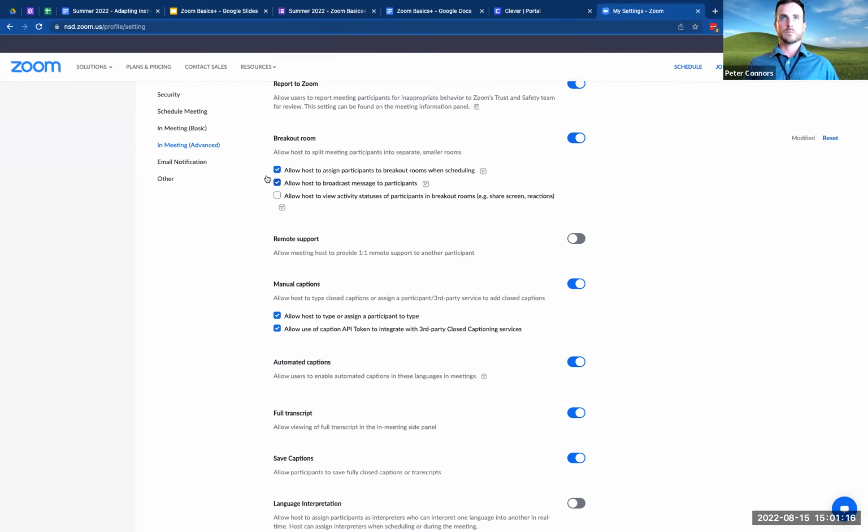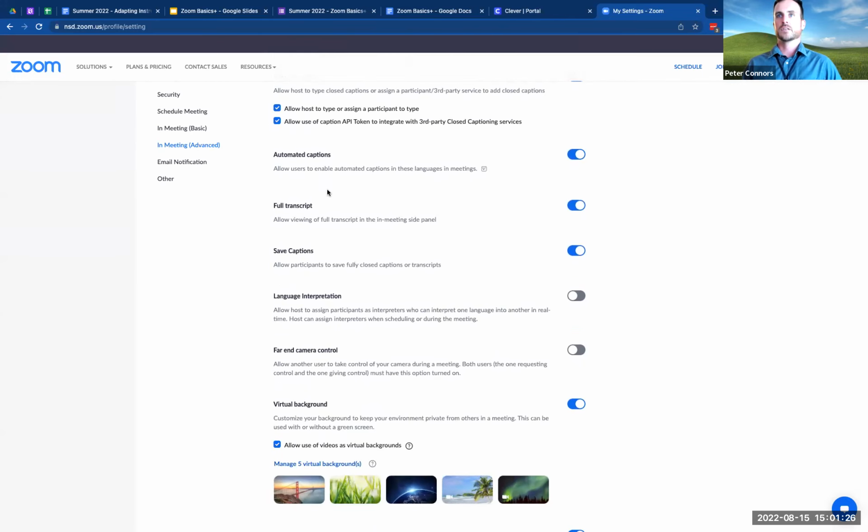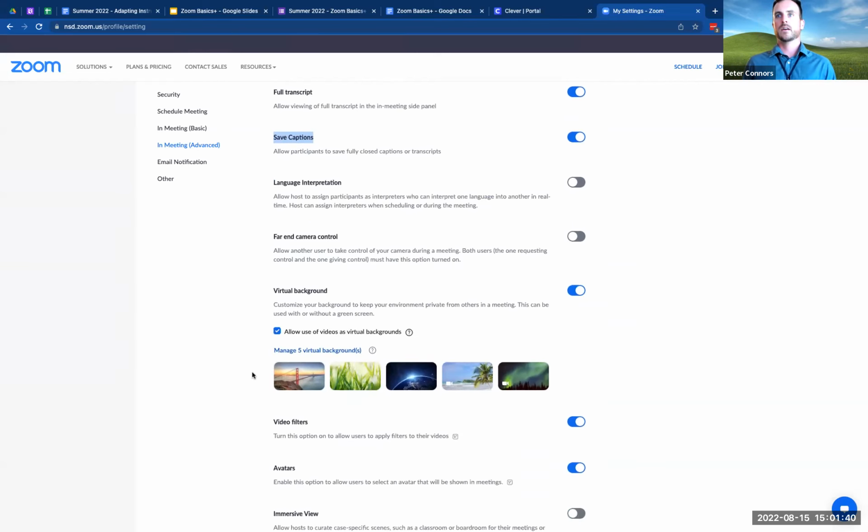It's not going to keep you from being able to use that in a particular class. You'll just have to remember to check that box once you've started it. Otherwise, as you go down, there's things for captions and for transcripts. I do think being able to save the captions is a good one to have turned on. I believe it is on by default, so I would just leave it that way.